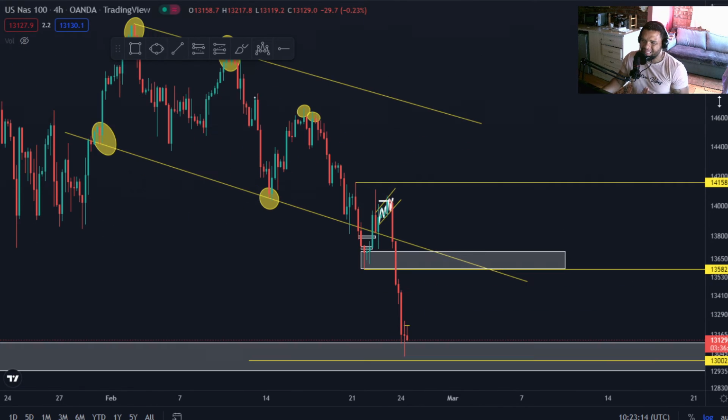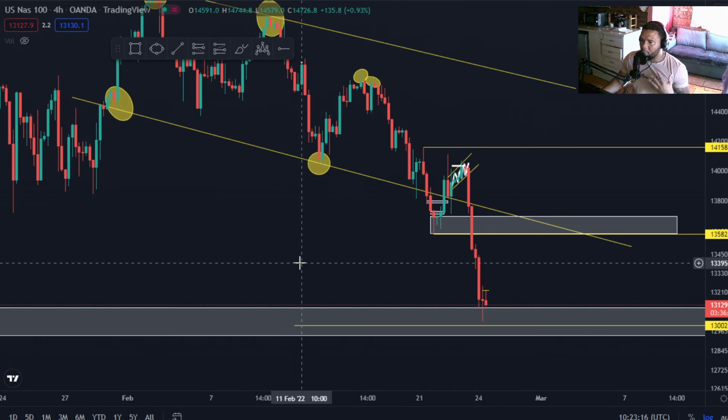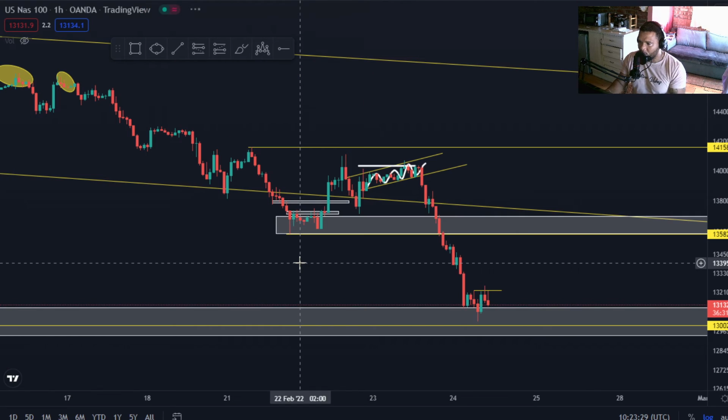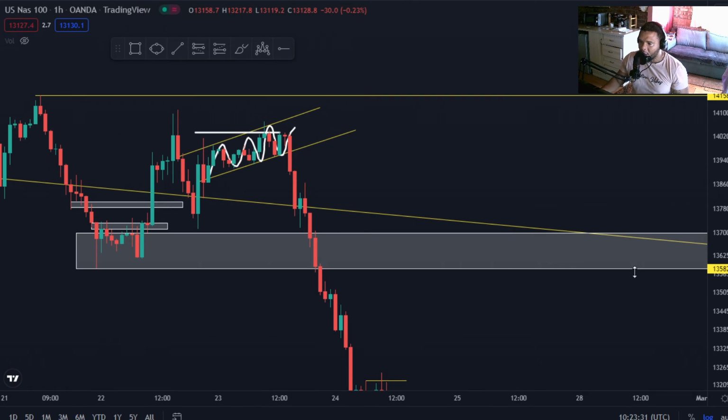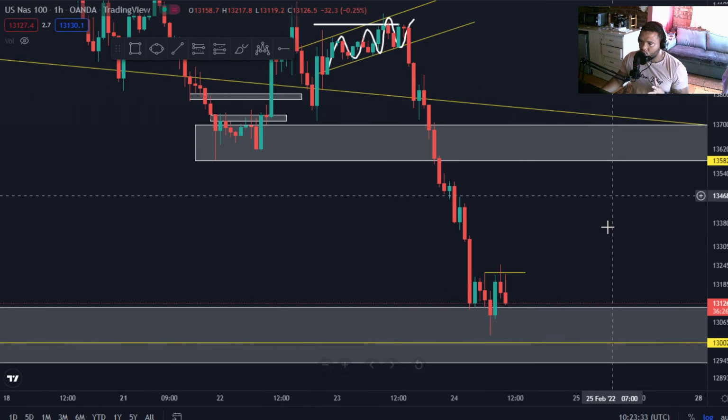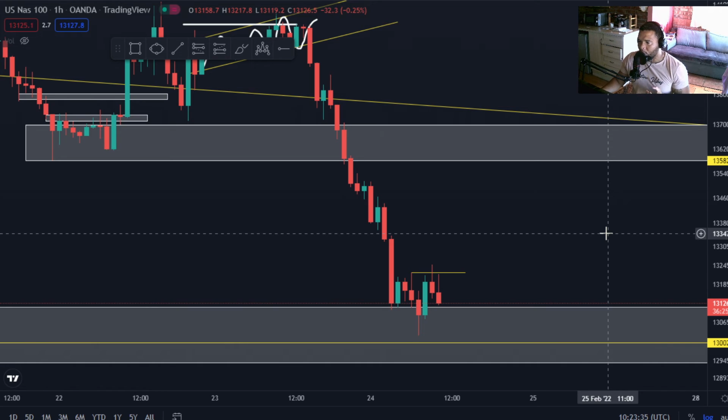So now, guys, let's just be patient. Let's be patient with this market. I don't want you guys to take unnecessary trades and just be in a rush like, okay, I want to trade, I want to trade. No, I want you guys to be patient with it and wait for cleaner structure. The best time frame to wait for structure right now is going to be a 1 hour time frame. This is where you will get valid structure points in the market, where price will basically show you what it's trying to do, guys.